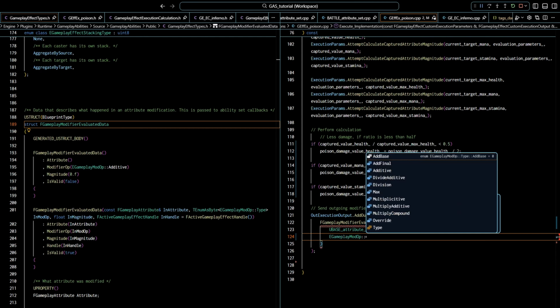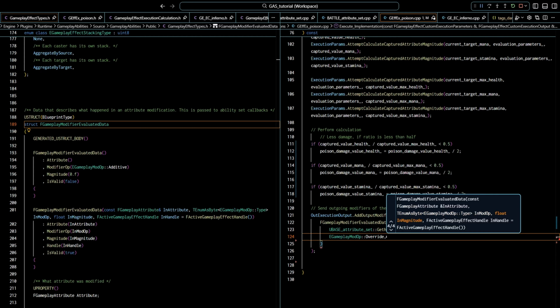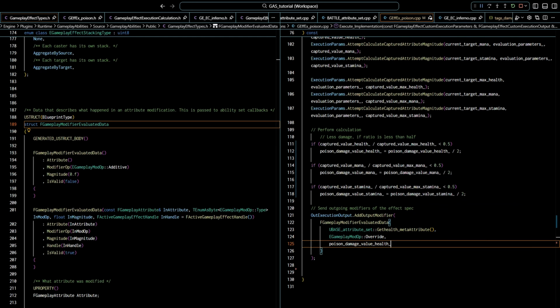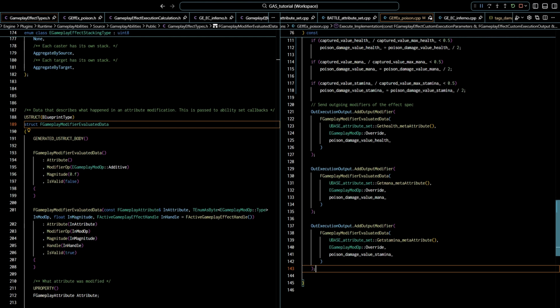The next parameter we need to send will be the modifier operation, for which we shall override the health meter with the damage value passed as the third value. So it reads just like in the effect class. Make an attribute modifier and add it to a list of modifiers contained in the execution output. Repeat the pattern for mana meter and stamina meter using their poison damage values, and this literally completes the method